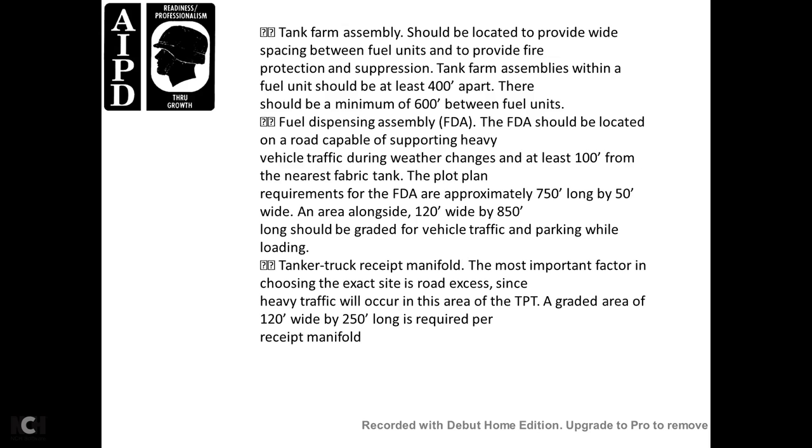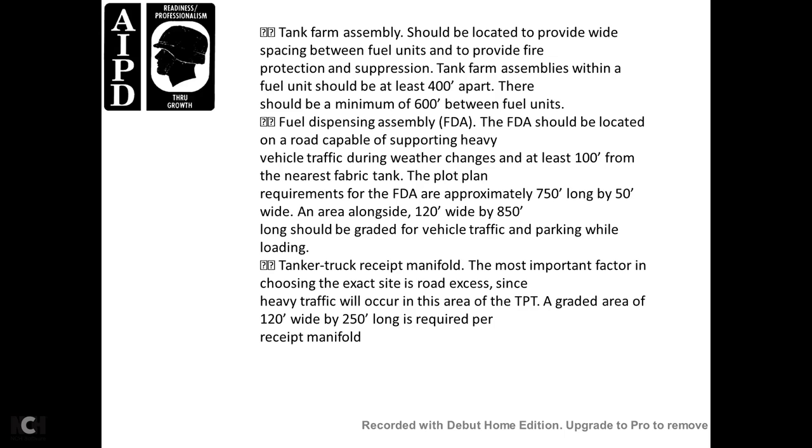Tank farm should be located to provide wide space between the fuel and other units and provide fire protection and suppression. Tank farm assemblies within the fuel unit should be at least 400 feet apart. There should be a minimum of 600 feet between fuel units. Fuel dispensing assembly. Fuel dispensing assembly should be located with a road capable of supporting heavy vehicle traffic during